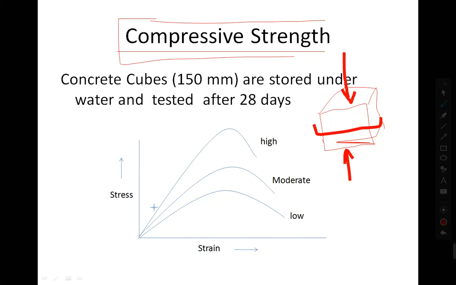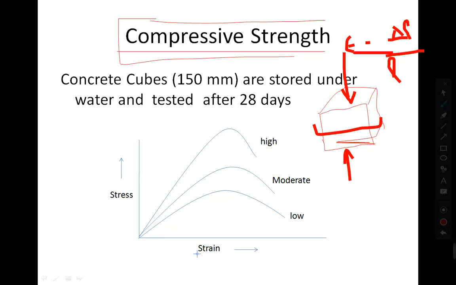So we know the stress and also the deformation. How deformation takes place can also be obtained from the dial gauge, that is, from the machine display we get the deformation. And we know that strain is del L, change in length by the original length. So the strain you can get.